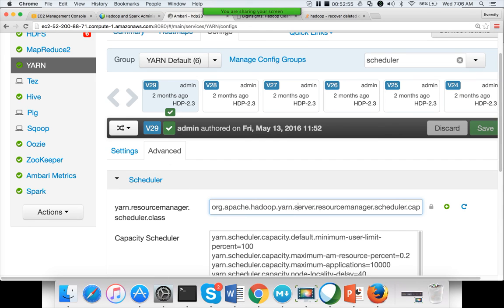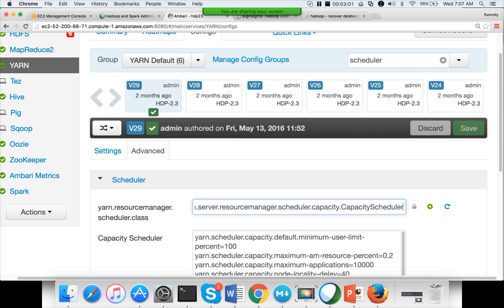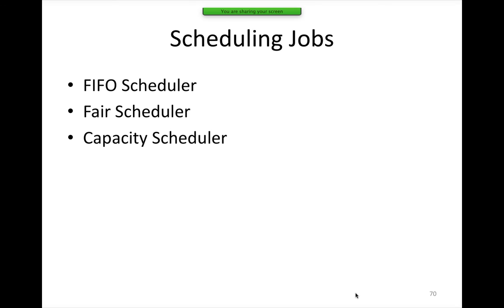You can see which scheduler it is using by looking at the class name. In Hortonworks the default is the capacity scheduler, but you can use the fair scheduler also, as long as you understand the concepts and how it works. For Apache Hadoop, out of the box, it is the FIFO scheduler. So let's start with the FIFO scheduler.